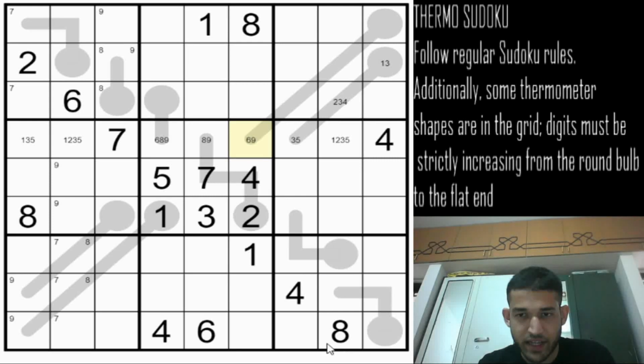Now in box 9 there are only 2 cells left for the 1, which are here, cannot be in any other cells, and this gives us a 1 in box 7. And in box 1 now we can pencil mark the possibilities of 1. Can only be in these two cells.